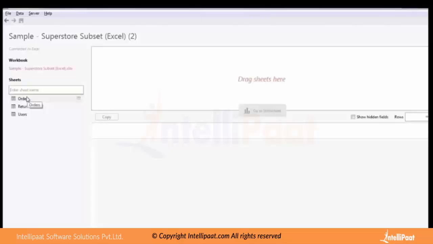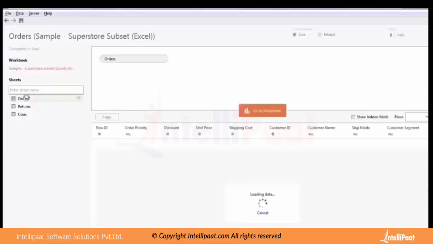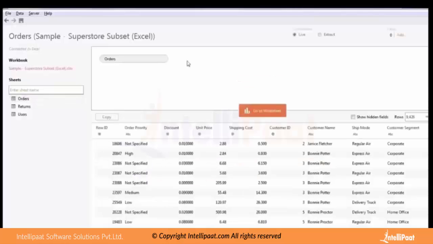So let us actually now work on something called orders. So this is a table. I'm going to double click on this. There are multiple ways you can do things in Tableau. You can double click or you can drag it. Okay, so now I've double clicked and it has appeared over here, and it's showing me the data that's within the worksheet, in the table below. So this is basically the best way of connecting to the database. You just point it to the data source, you select what table you want, just double click on it,